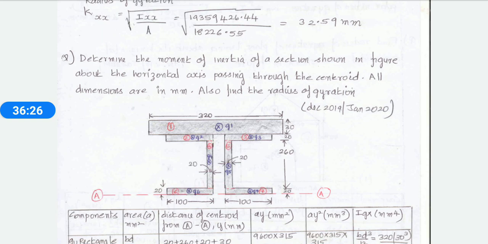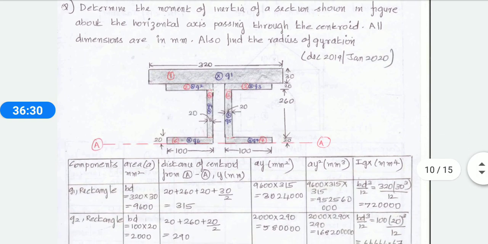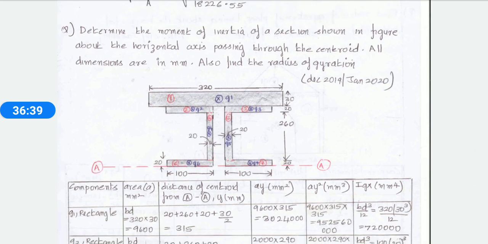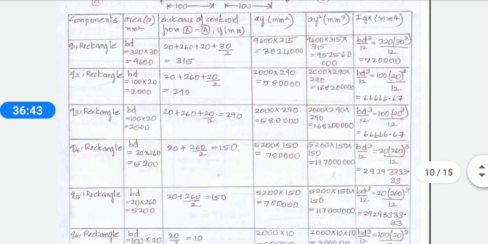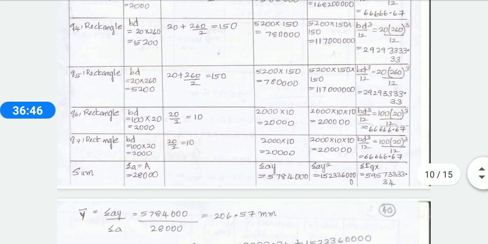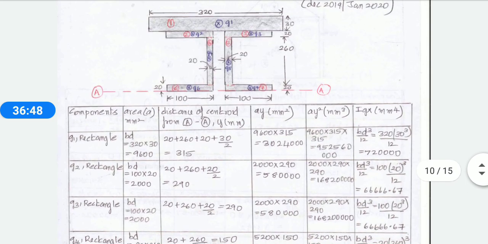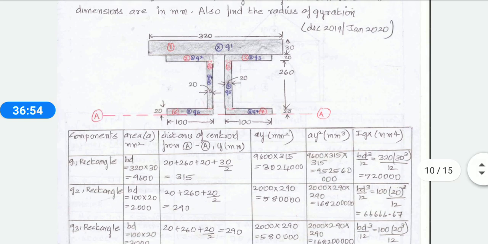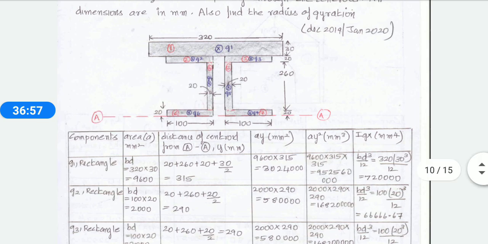It is like your previous problem only. Like your previous problem, you are going to find out for all the elements. Now only we have to separate the different types of elements. Now we have G1, G2, G3, G4, G5, G6 and G7. So that is 7 different elements, but everything is our rectangular element. Area you can calculate very easily because it is equal to B into D. Now I'll tell you how to calculate your y distance.